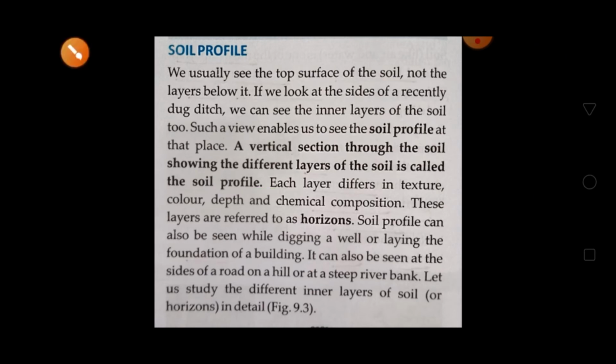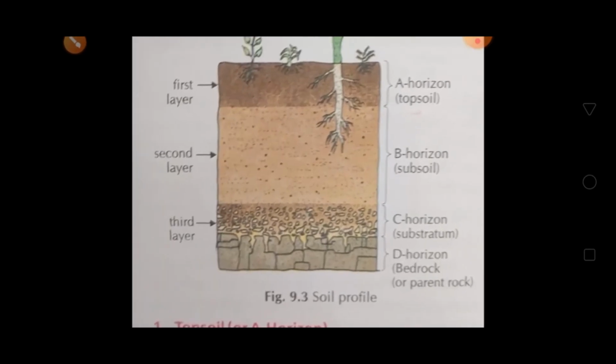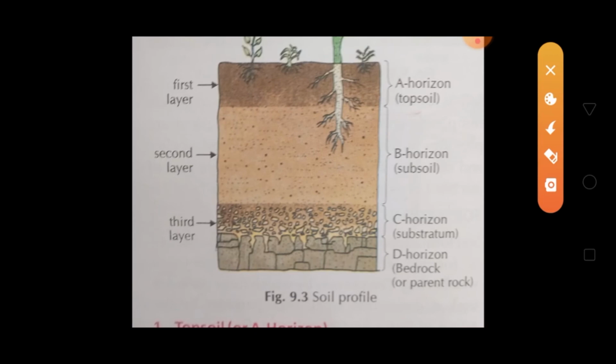Then we'll discuss. In this you can see the first layer of the soil, then the second layer of the soil, then the third layer, and last one, the fourth.